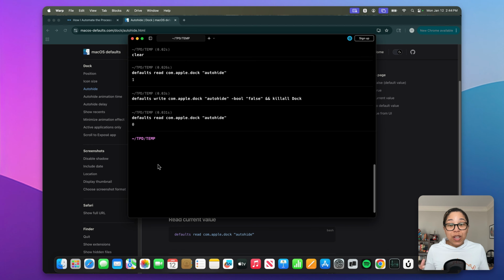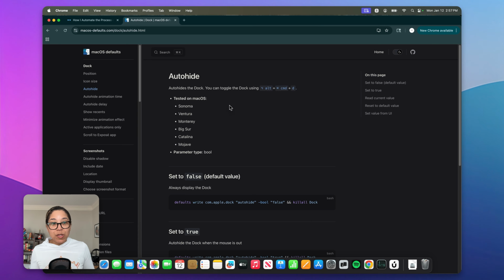So that's just proof that, okay, I ran this command and it goes ahead and updates it in its settings. So yes, you can manually go into your settings and do this, but I want to show you the CLI way. Okay, so the next thing I want to show you that you can automate while we're still in this dock